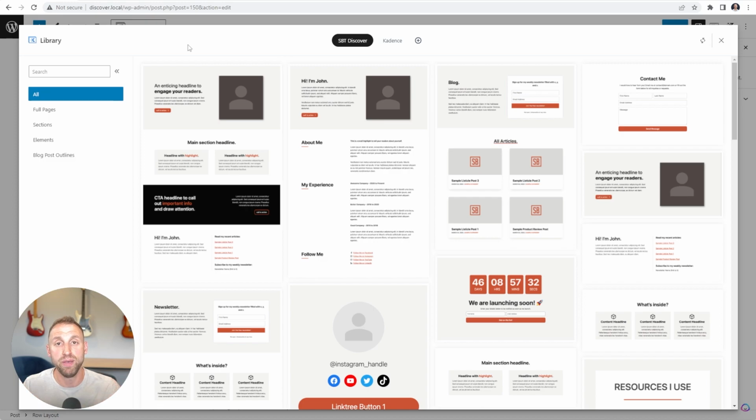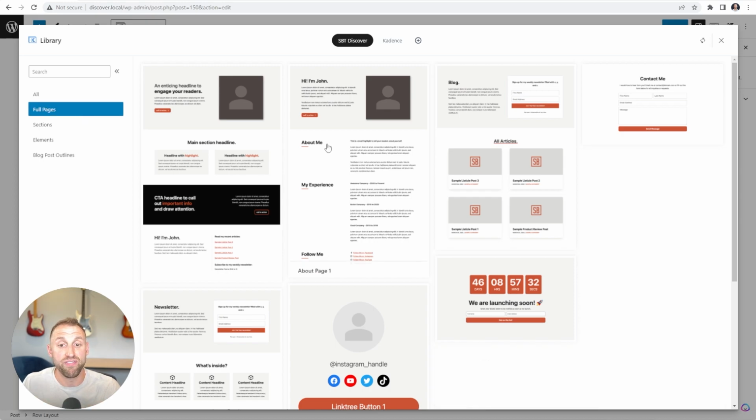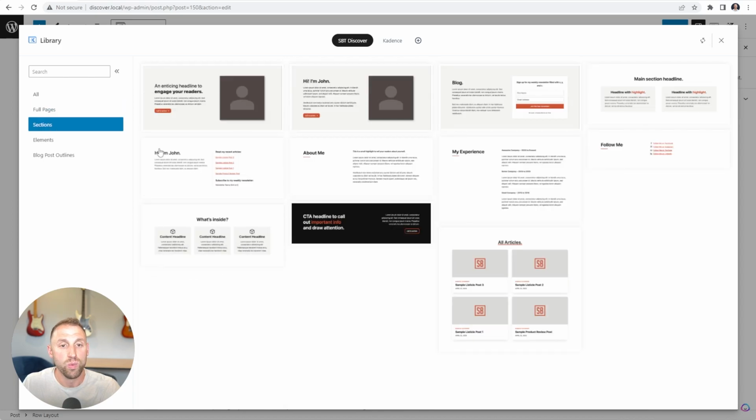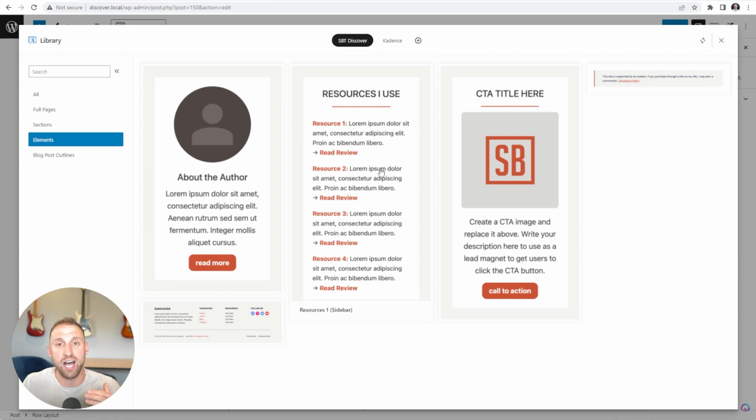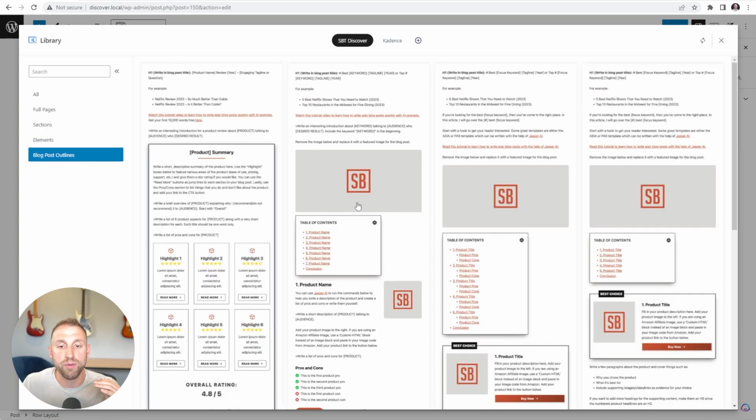that we built to create this entire theme, and they're all readily available for you to import in on your website. If you ever want to recreate a section, perhaps you want to redo something, they're all right here. So we have the different full pages, and so these are the entire pages that I had showed you before. We have the various individual sections. We have different elements. So these are the elements used to create the sidebar. We have an affiliate disclosure you can add, a custom footer, and then we have all the blog post outlines